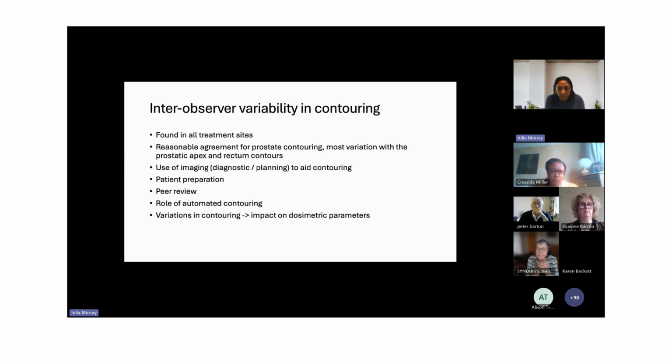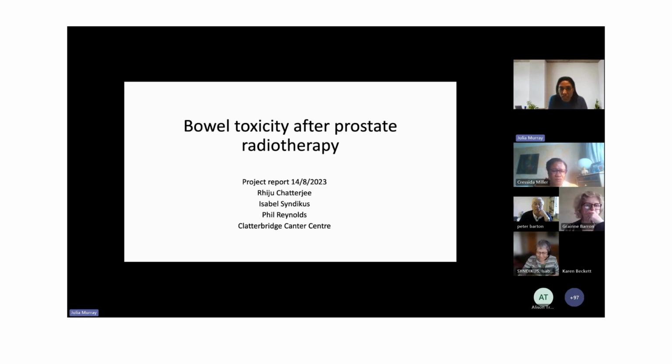I think, as we know, and Isabel will now lead on, we know that these variations in contouring can have an impact on dosimetric parameters, and we know that that does have an influence on toxicity. So it's really important that we try and optimise this as much as we can for our patients and for potential consequences from this. So I'm now going to hand over to Isabel, who's going to discuss about